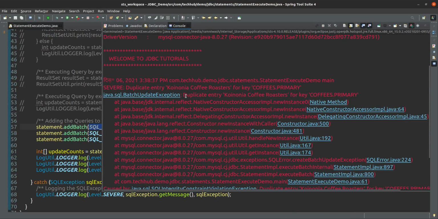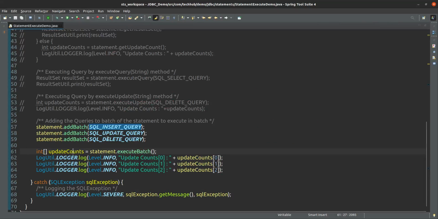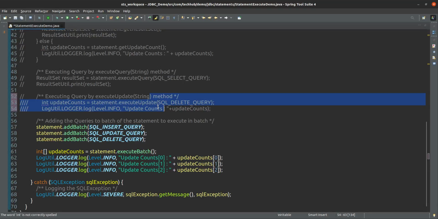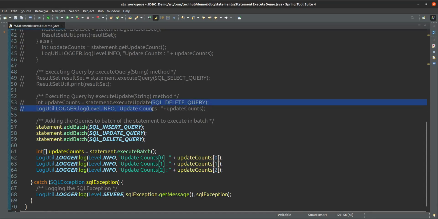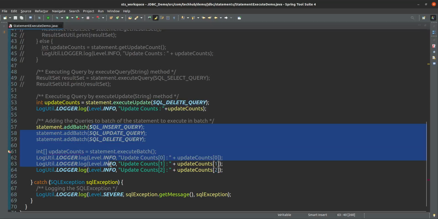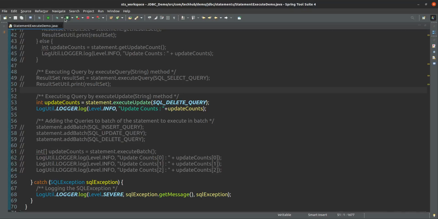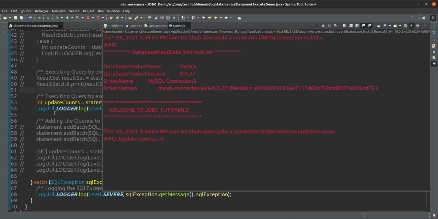What happened? Duplicate entry. I think the coffee record we are going to insert is already there. So first let me delete that one. Okay, wait. If it is deleted, then okay, it is not there.